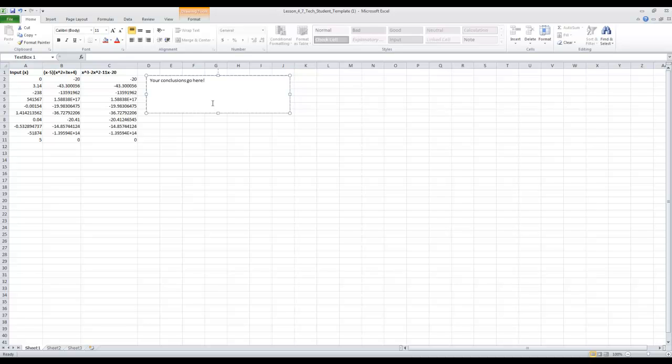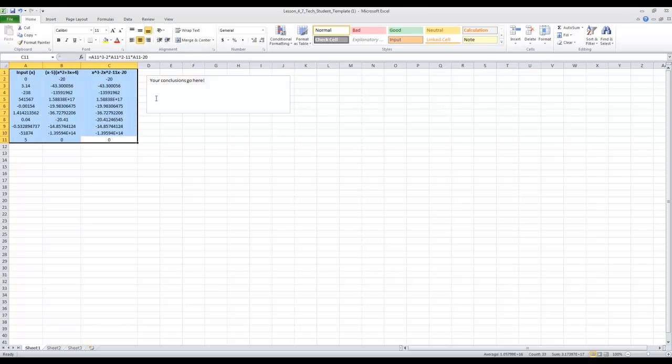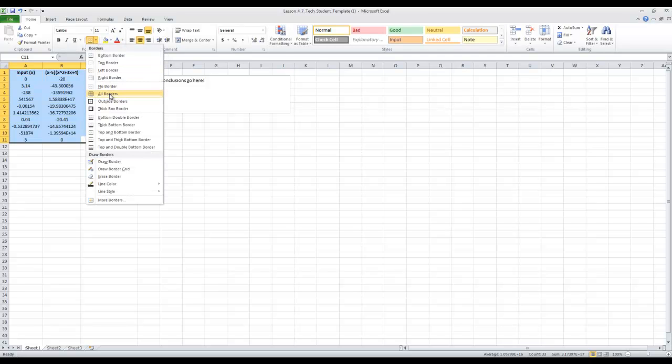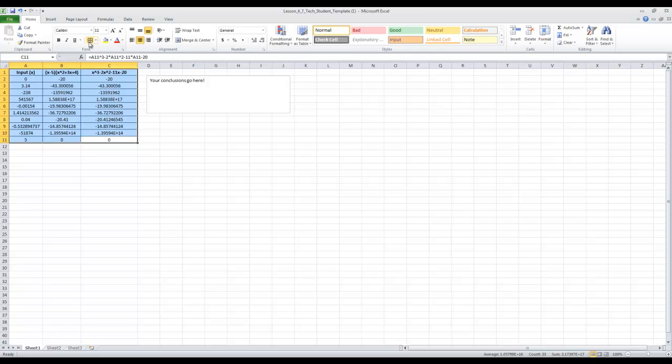So, kind of what we just discussed, how we were showing that these two polynomials are equal. They just look different. You need to type a few sentences about those conclusions here, and other than that, it's really done. Now, we could do things like make this look a little nicer. For instance, let's see here. If I select all this, remember, if you want to select one corner of your data, hold the Shift key, select the other corner of the data, we can do stuff like center it all. That makes it look nicer. We could add borders. That might make it look nicer. Let's see, all borders. What about